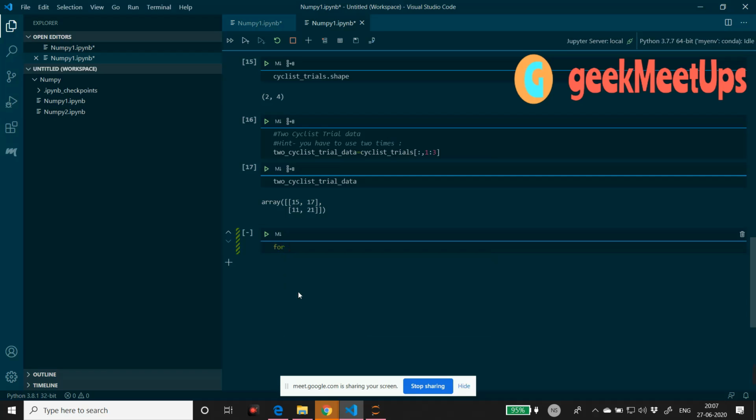Suppose for any variable you can take, let me take iterate_cyclist_data in our main cyclist trial, colon, then okay.